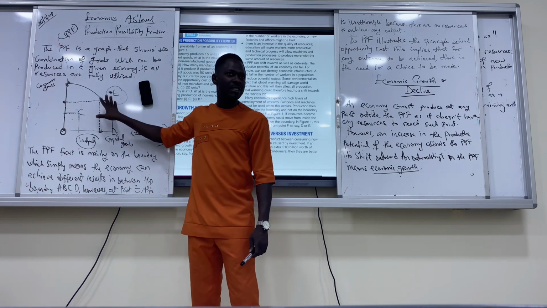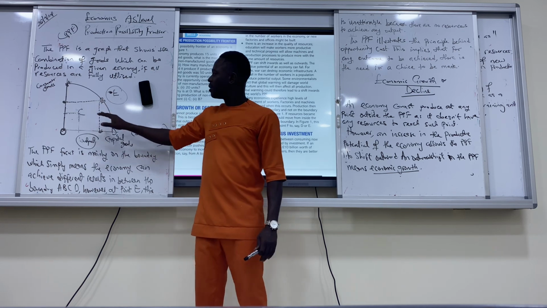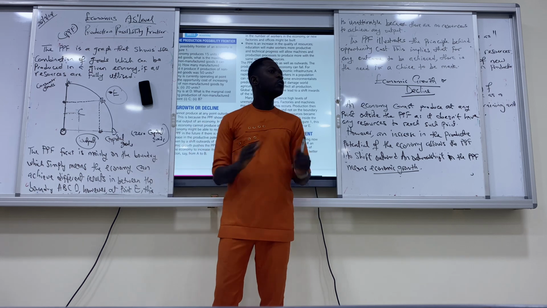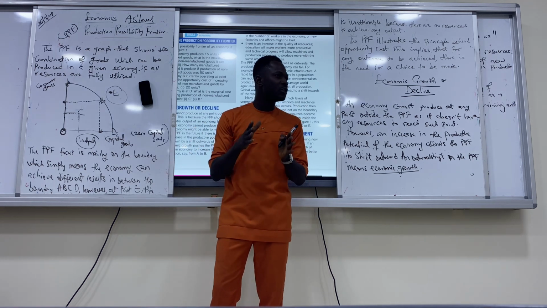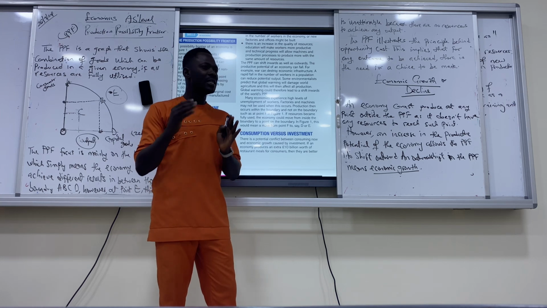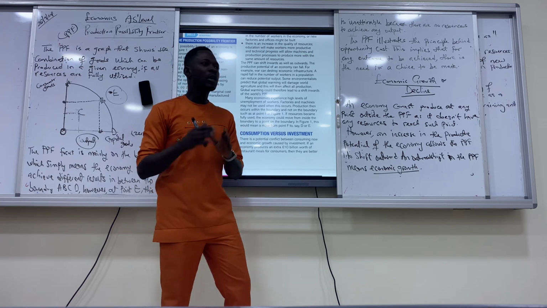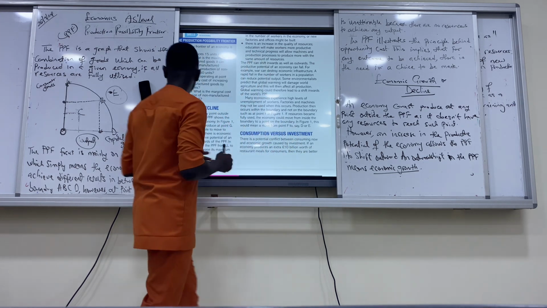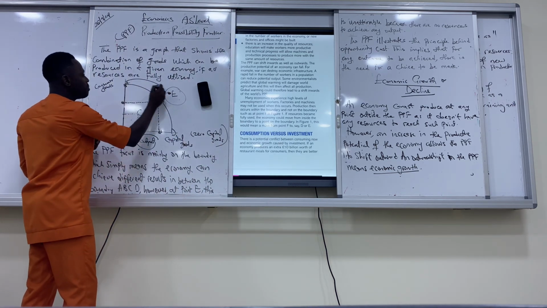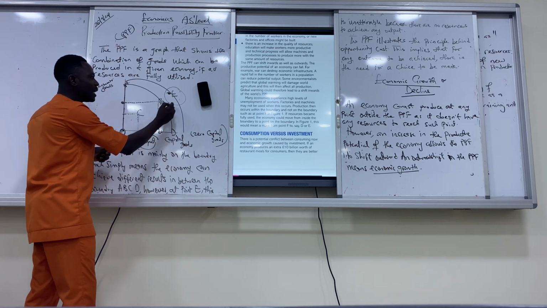We're saying E is unattainable. That was what we said, right? E is unattainable because we don't have resources to get there. What would cause E to be attainable? The reason for E to be attainable means that the economy is growing. So economic growth simply means there's an outward shift. There's an outward shift in our PPF. This is what we call economic growth.